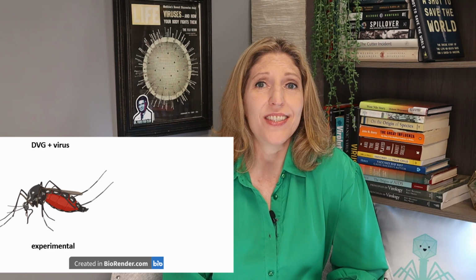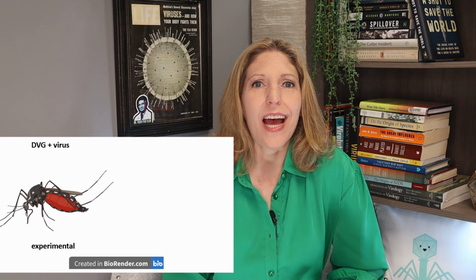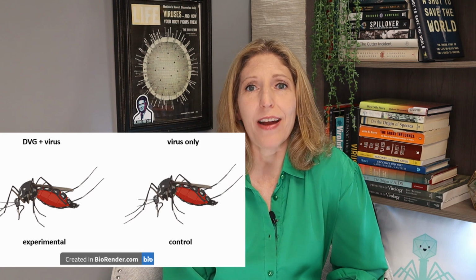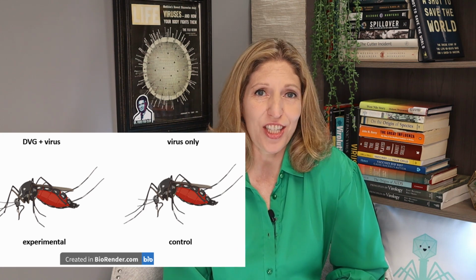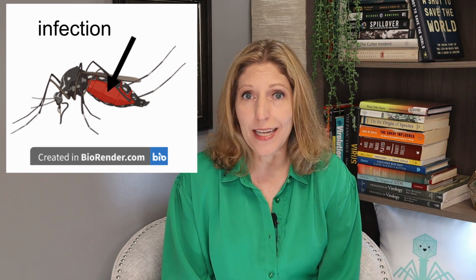In a final set of experiments aimed to evaluate the ability of the DVGs to prevent viral spread within mosquito hosts, the authors injected mosquitoes with DVG-encoding RNAs, and 2 days later, they infected them with a fluorescently tagged wild-type chikungunya virus. A control group of mosquitoes was only infected with chikungunya virus but did not receive any DVGs. 5 days after infection, the mosquitoes were killed and analyzed for infection by looking for the presence of virus in the midgut. And they were also analyzed for viral spread by looking for the presence of virus in the rest